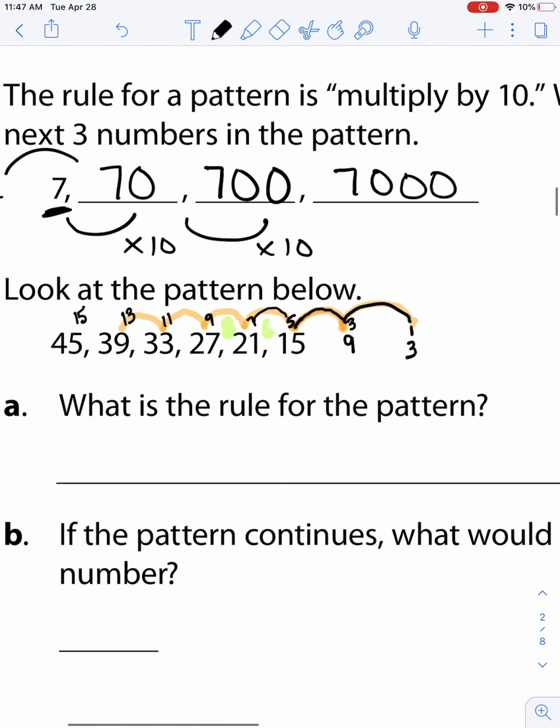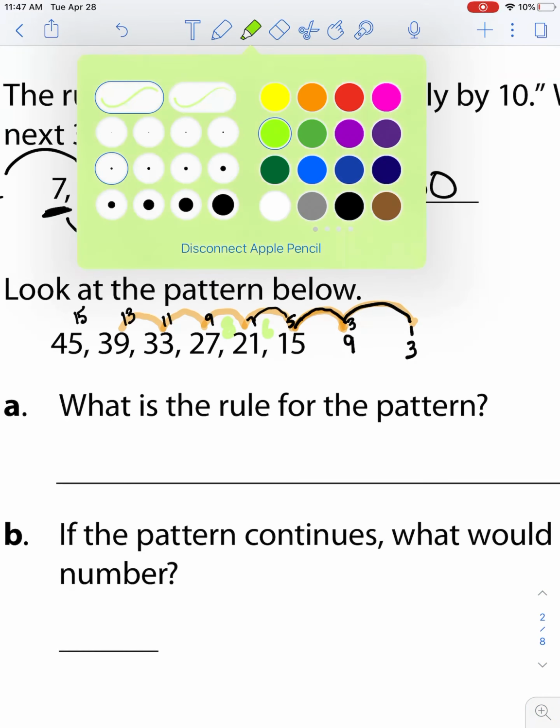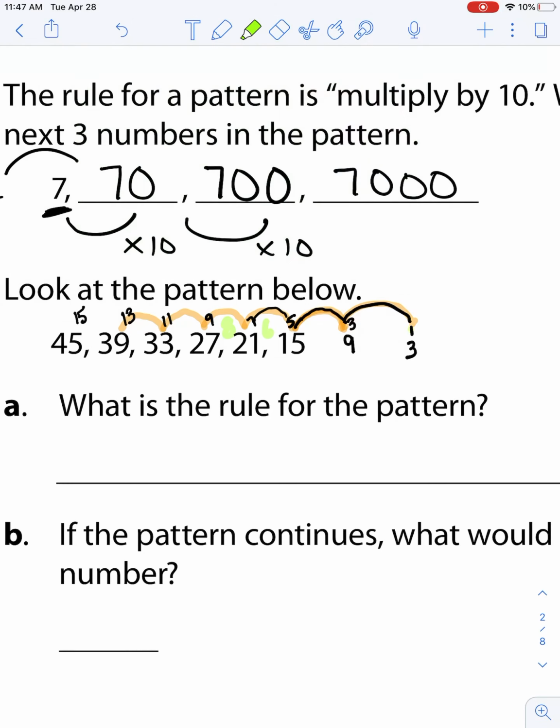So let's check and see if that works. Let's go back through our pattern here and see if that works. 3 times 1 is 3. Skip 2. 3 times 3 is 9. Skip 4. 3 times 5 is 15. Skip 6. 3 times 7 is 21. Skip 8. 3 times 9 is 24. Skip 10. 3 times 11 is 33. So,